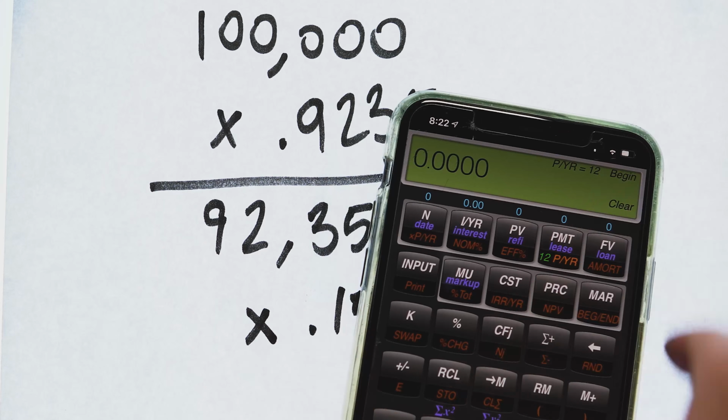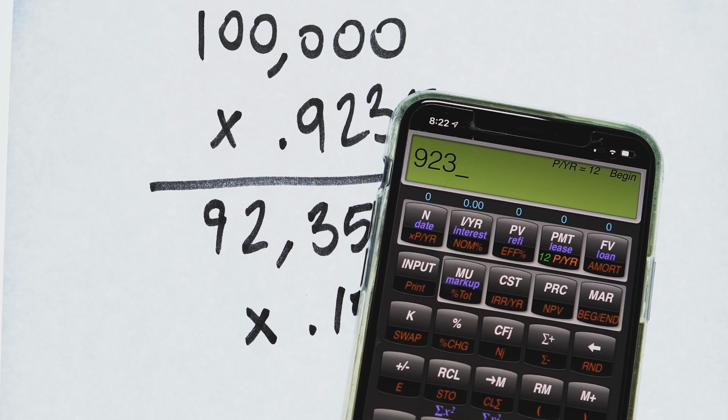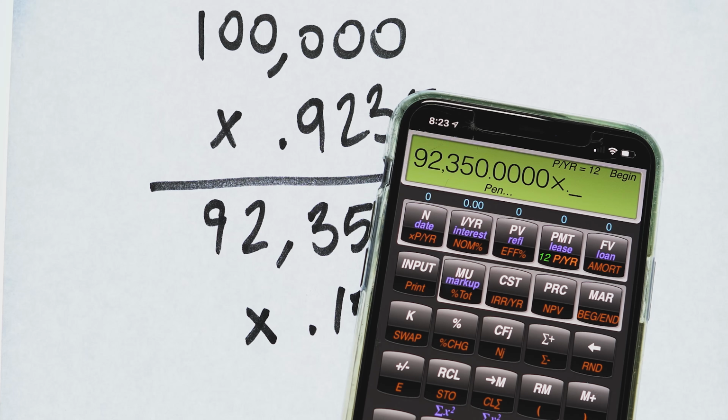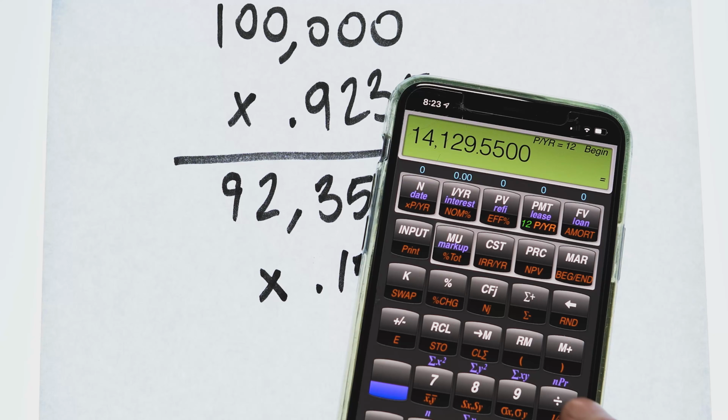So if we multiply these two numbers, $92,350 multiplied by 0.153 equals $14,129.55. We can round that up to $14,130. Now that is both sides of our self-employment tax. Now you can deduct 1/2 of your self-employment. So we're gonna divide this number, 14,130 divided by 2, and that's gonna equal $7,064.77. So we can round that to